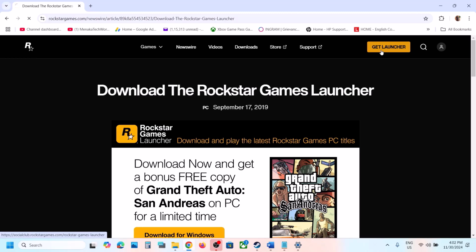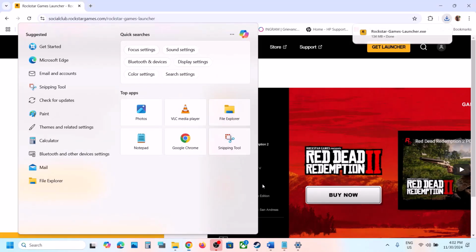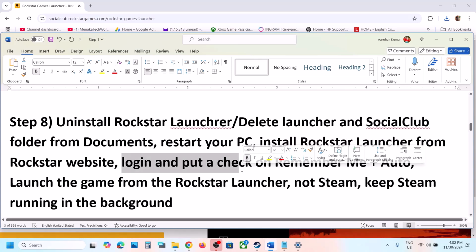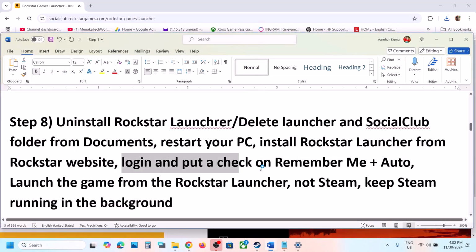get the launcher, and once it is downloaded, you can run this exe file and install it. Once installed, now you can launch Rockstar Launcher and log in. Once you're logged in,